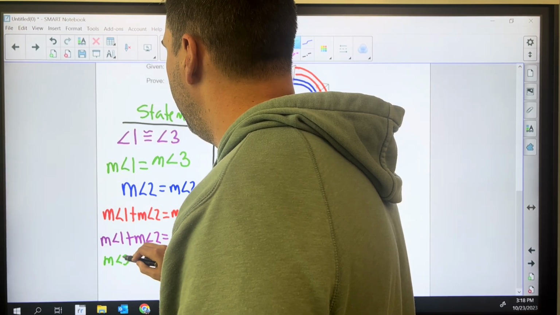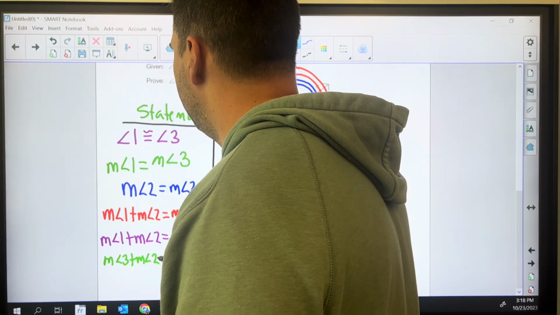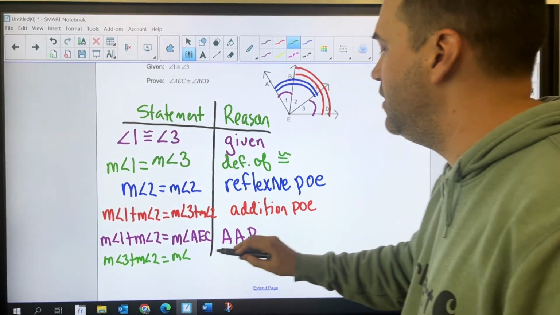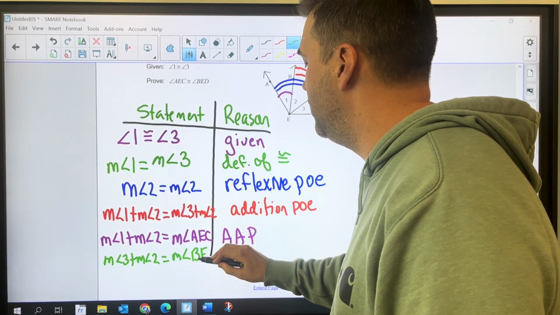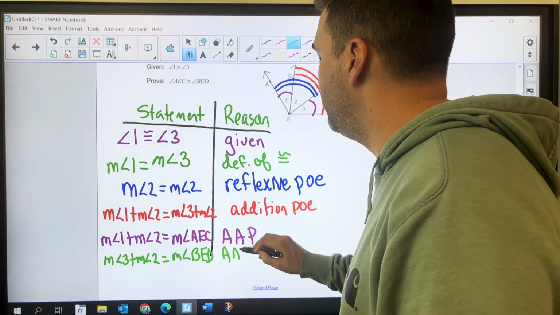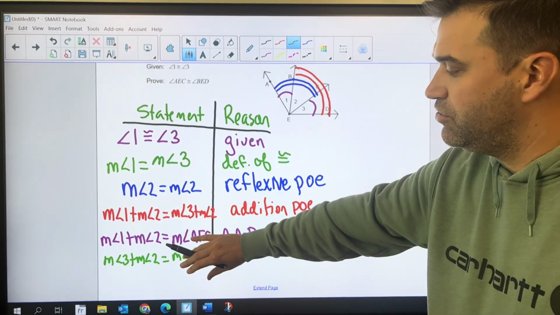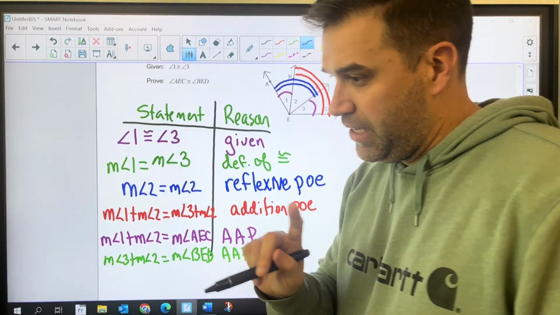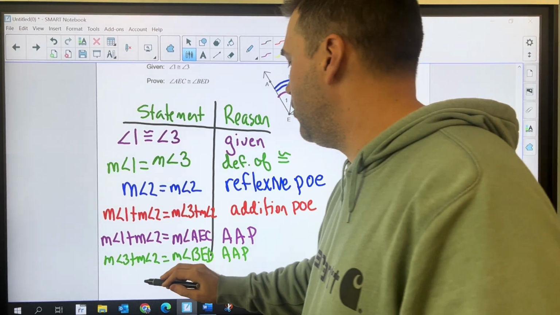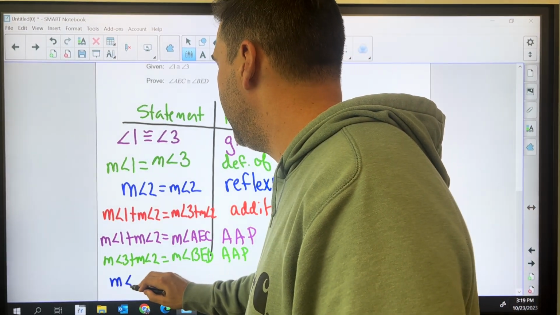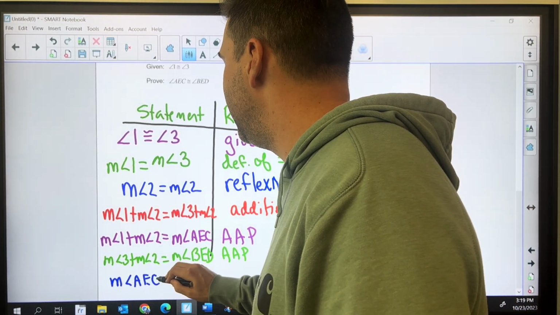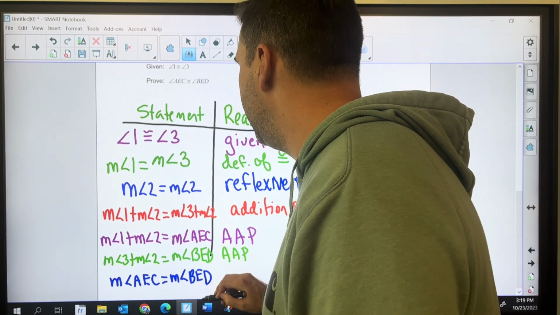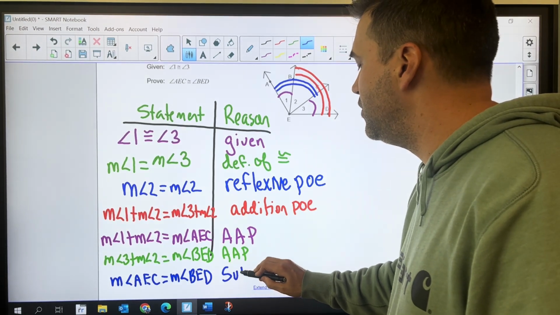Also the angle addition postulate: measure of angle 3 plus the measure of angle 2 is equal to the measure of angle 3 and 2, BED. Also angle addition postulate. And now I can use those two angle addition postulates, substitute. And I can say, now be careful, this feels like our last step, but it's not quite. Measure of angle AEC is equal to the measure of angle BED. And that's my substitution